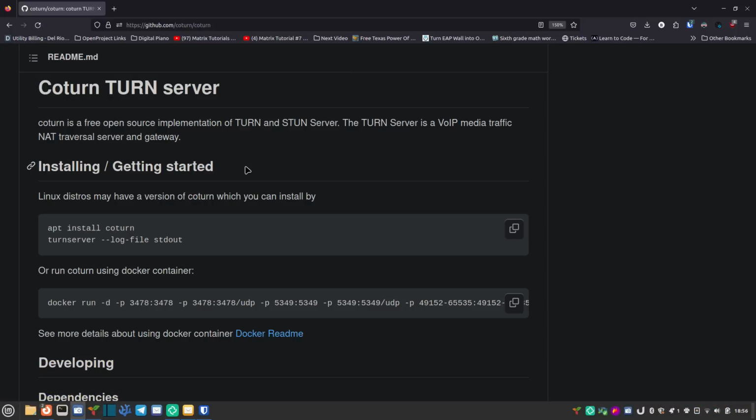The one thing you need to understand is that if you put a TURN server inside your own network, you have to open a lot of ports on your firewall, and it's just not a great idea to do that. You could set up some tunneling with WireGuard or something like that to mitigate it, but it's a little bit more complicated, so I would highly recommend using a VPS like DigitalOcean or